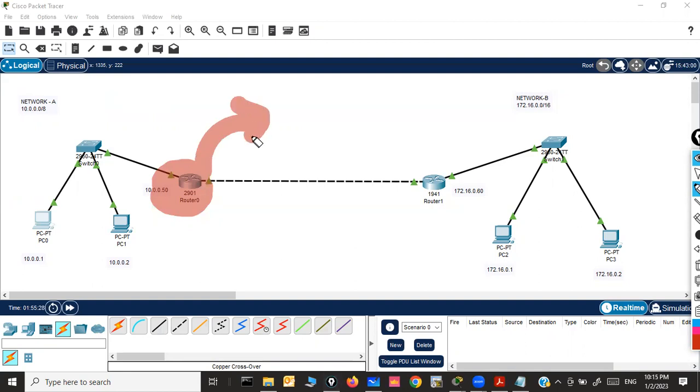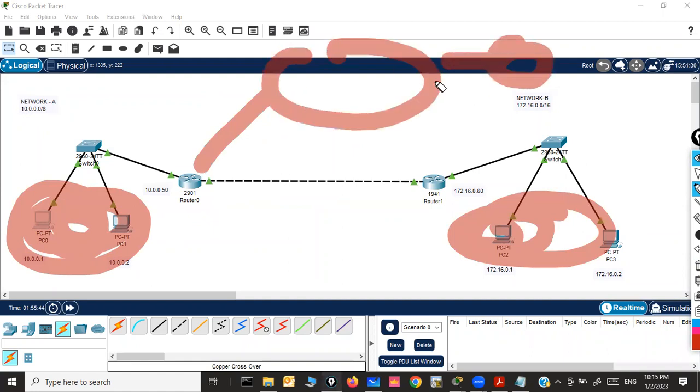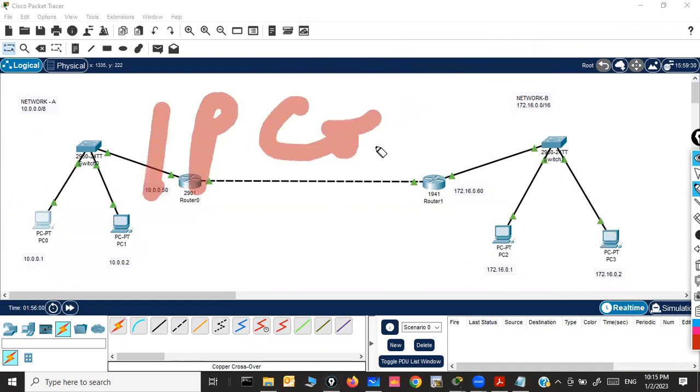Step by step, I will first start with the initial and basic configuration, and then configuring the whole routing, because the objective would be communicating different networks, not only two networks. In future, we'll be adding more networks, 5, 6, 7 networks, and then we would configure routers so that different networks, maybe in different locations, communicate with each other. The topic is known as IP connectivity.